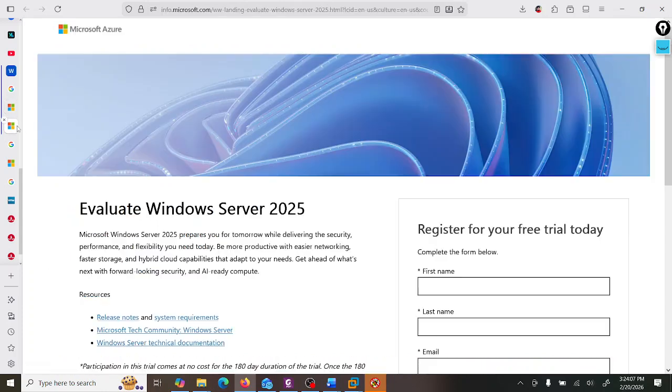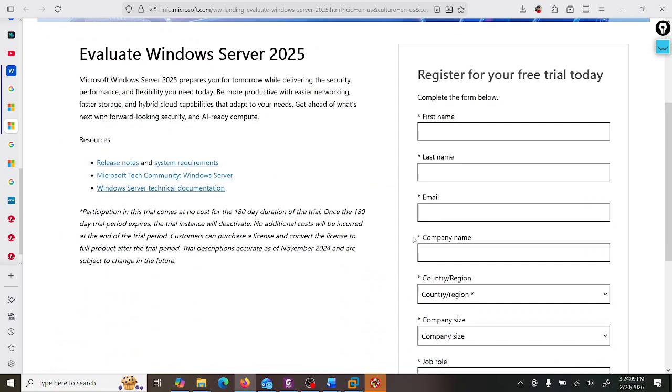So once you click on download ISO, it will take you to this page. There you can fill in your information, right? You can type your email address. You can use your personal email address or the registered company email address. Then you can enter the company name, your country,